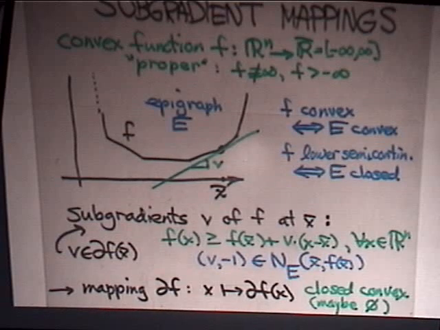Now, in this picture, you see a point x bar distinguished, and you see a little green line. This represents an affine function, affine meaning linear plus a constant, an affine function that supports the epigraph of this case. In fact, if you look at the points on or above that green line, that's the epigraph of that function, that would be a closed half space that supports the epigraph at that point that you see in this picture. Anyway, that green thing has a slope vector. This is supposed to be higher dimensional. It has a vector v, which is a slope vector, and the vector v that you get there is something that's called the subgradient of the function at this point.